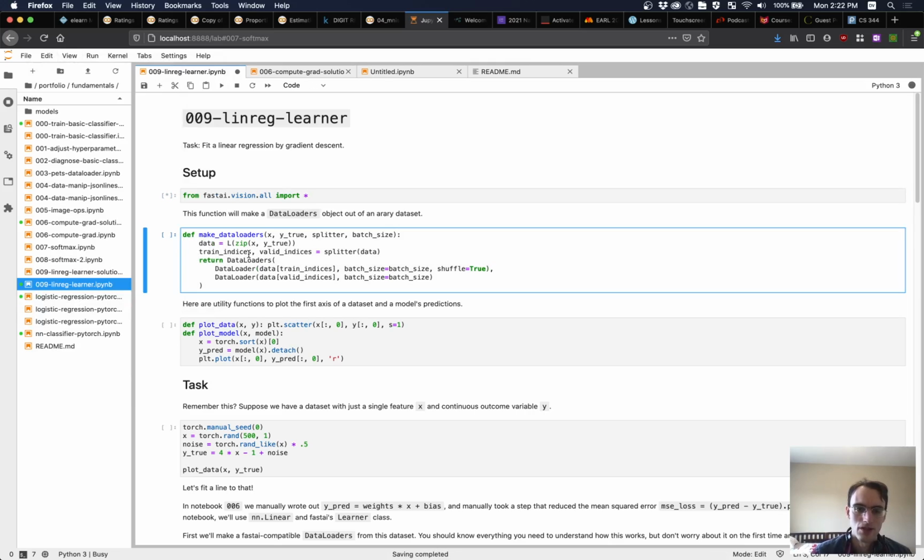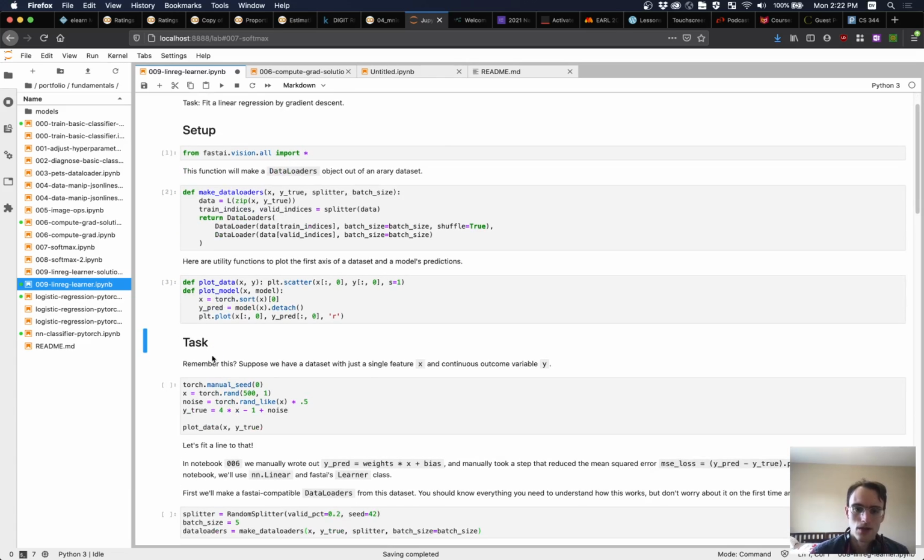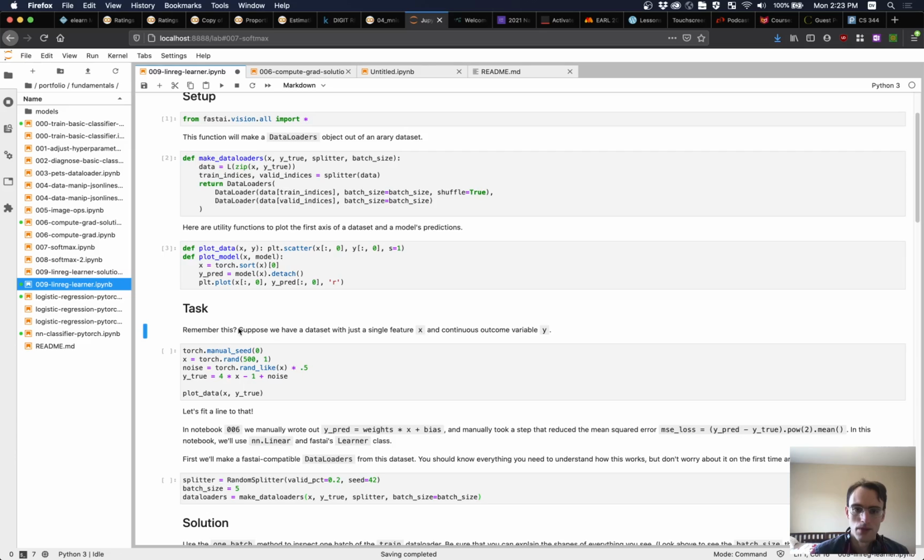first of all, we start with some utility functions. Whenever you see something in setup in one of these notebooks, it should be something that's reasonably understandable to you, but skip it at first. Just run the cells and come back later to figure out how these things work if you want to. So here's what we're actually going to do. We're going to make a data set with a single feature, x,